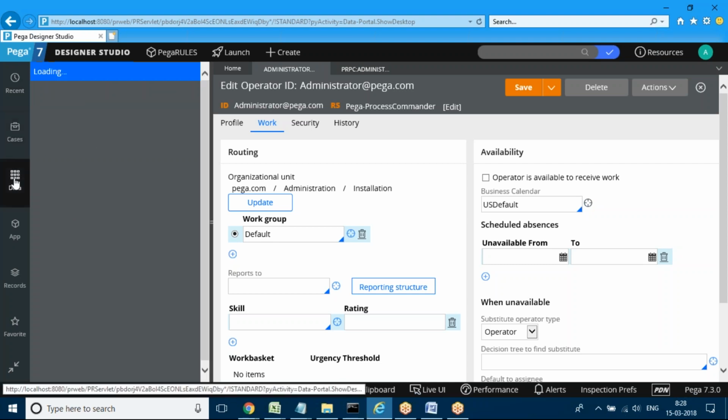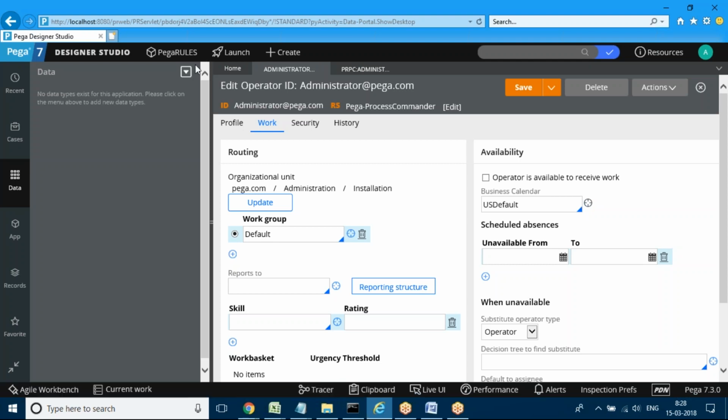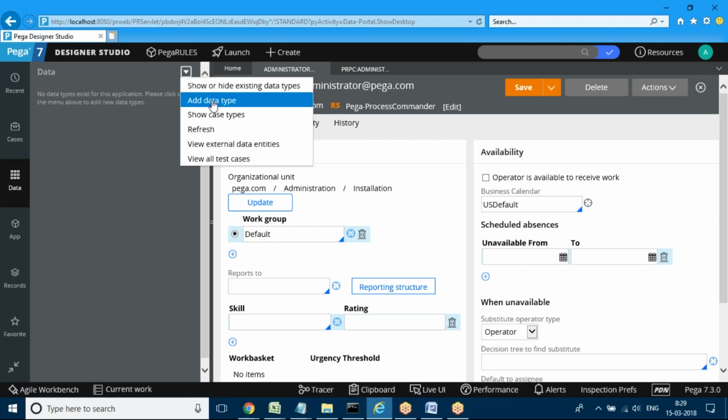The next explorer is Data Explorer, and in this we are going to add the tables. In Pega applications the database is predefined, which means within the application itself all the database creation, table creation, and connections are managed. If you want to add tables in the application, we'll add them from Data Explorer. Under this there is an internal tool, the data model tool, and using it we'll add tables. In tomorrow's or the day after tomorrow's class you'll learn how to add the tables.